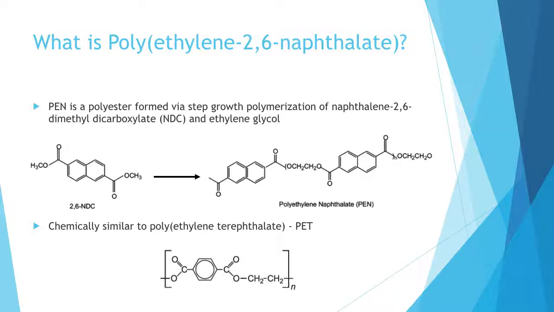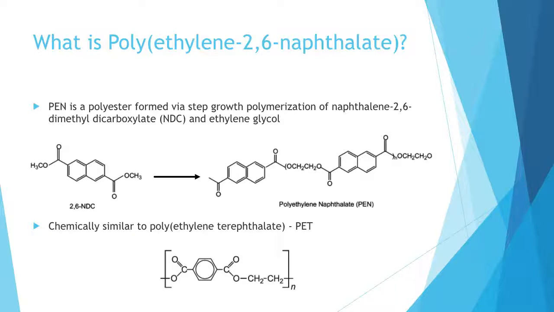So what exactly is PEN? PEN is a polyester which is formed via a step growth, condensation polymerization reaction, and there are two different chemistries that can be used. One is an ester chemistry and the other is acid chemistry. The more common one is the use of naphthalene 2,6-dimethyl dicarboxylate, or NDC, and ethylene glycol. The other one is naphthalene 2,6-dimethyl dicarboxylic acid. There are some purification issues getting the NDA, so that is why the NDC is the more common synthesis route